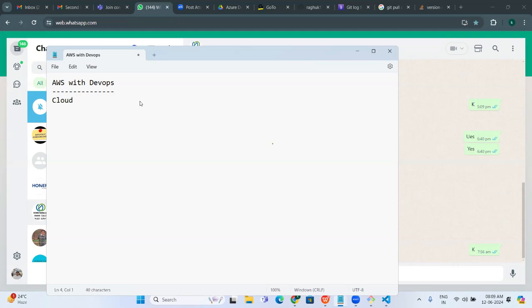In a cloud, we have different types of clouds again. One is infrastructure as a service, platform as a service, and software as a service. What does infrastructure as a service do?